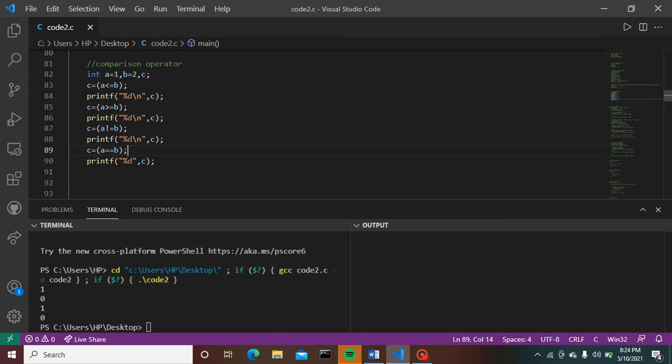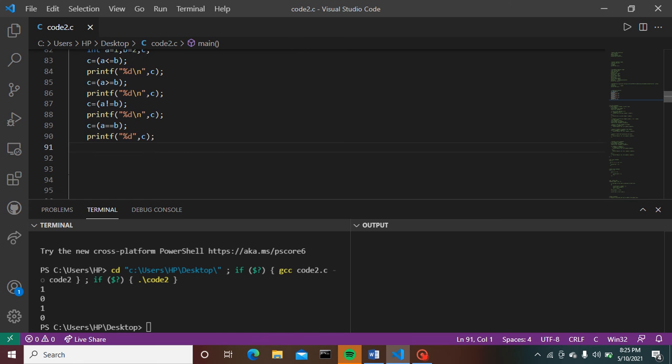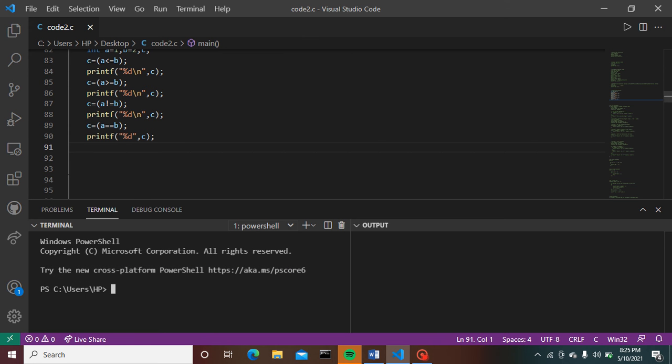Same for here, a is double equals to b. Here this double equals means that this is an equality operator. Remember this line. This is an equality operator. A is double equals to b. Here it provides the answer false, but while we are using an integer type declaration by using %d, the output is given as 0.